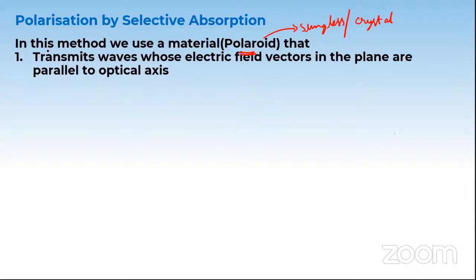You might have already understood a few things about these polarizers. They transmit the waves which are exactly in the same plane as the polarizing axis or optical axis. The polarizing axis is also called the optical axis. If a light wave is exactly in the direction of the polarizing axis, it will pass through. The crystal or the polaroid will send the light away, right?